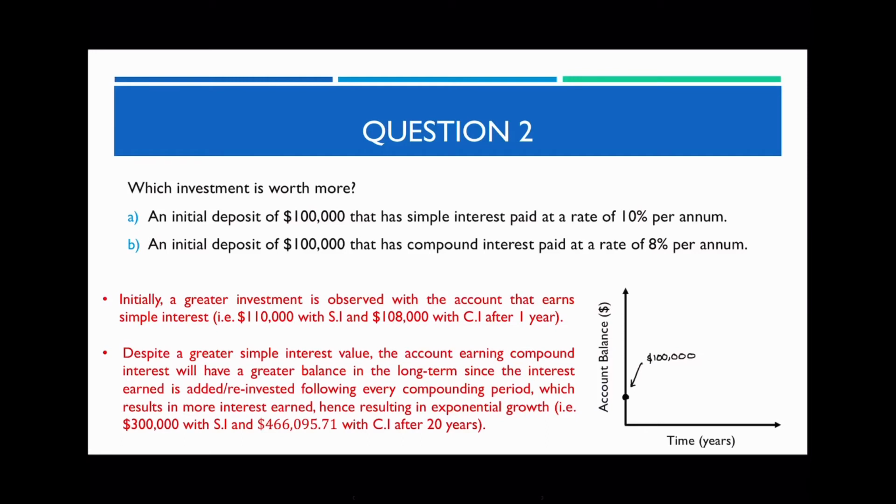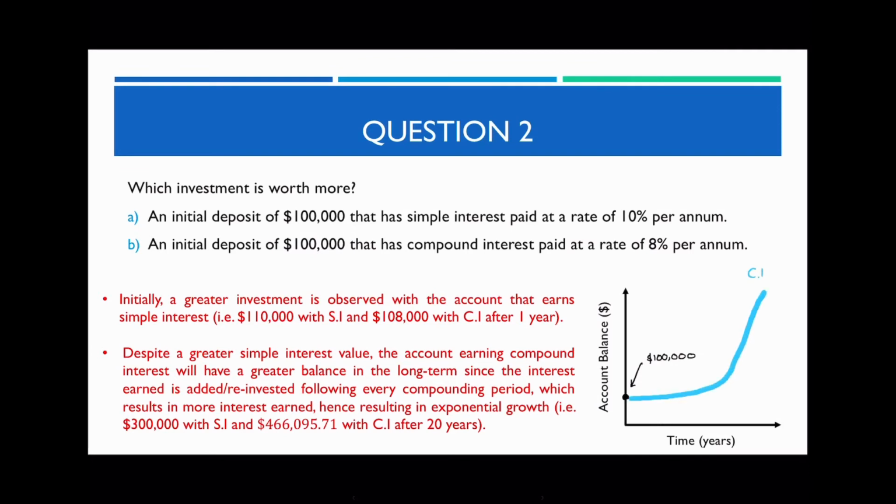I've said, for example, $110,000 with simple interest, whereas you only obtain $108,000 with compound interest after 1 year. However, despite earning a greater simple interest value, the account earning compound interest will have a greater balance in the long term. That's what we saw after 20 years, since the interest earned is reinvested following every compounding period, meaning after every year, which results in more interest earned, hence resulting in exponential growth. For example, we saw that $300,000 is your final balance with simple interest, whereas the final balance with compound interest was